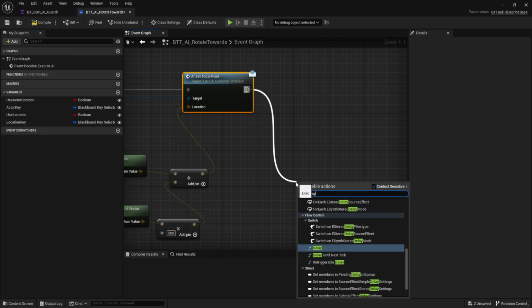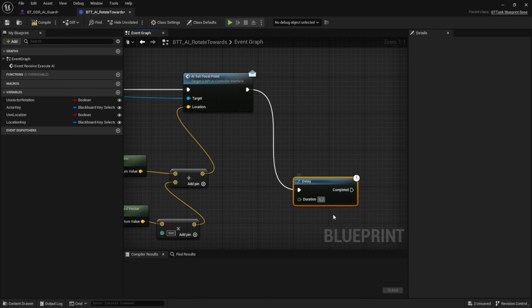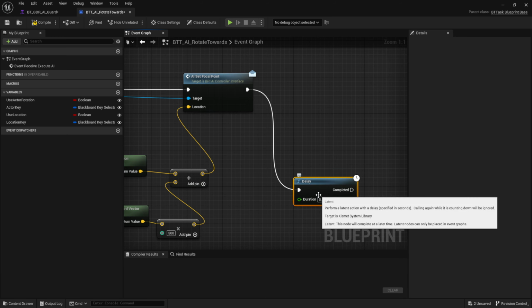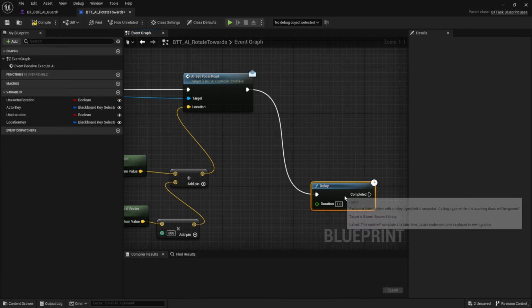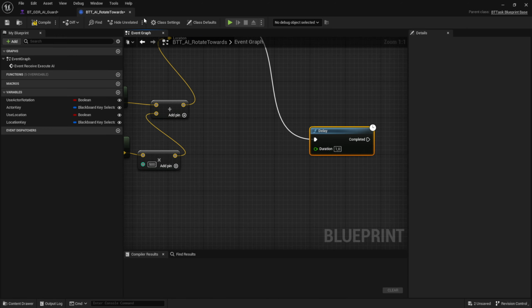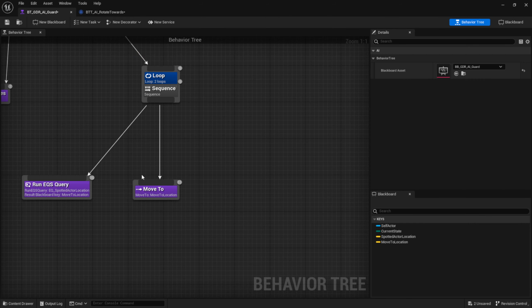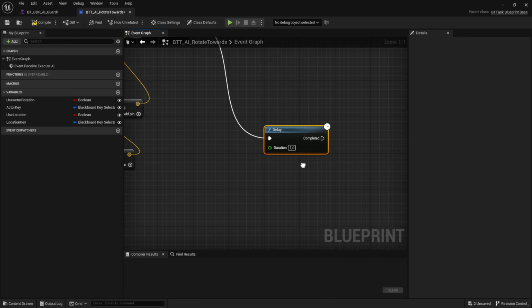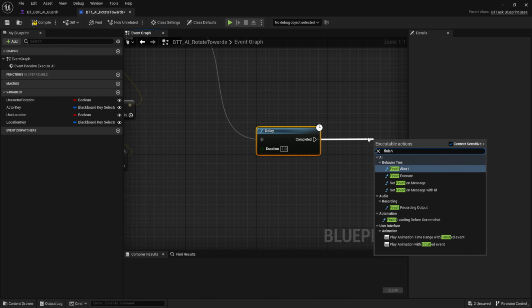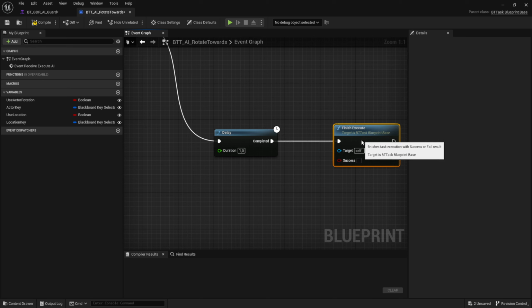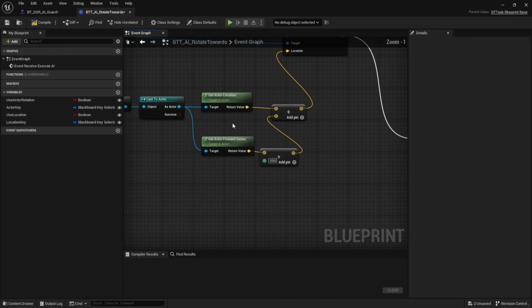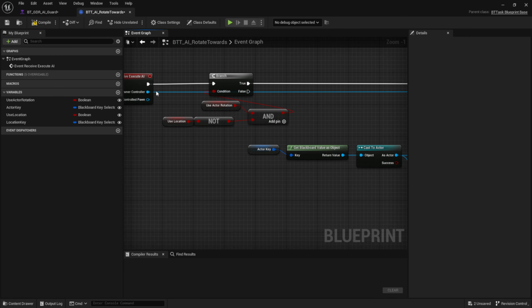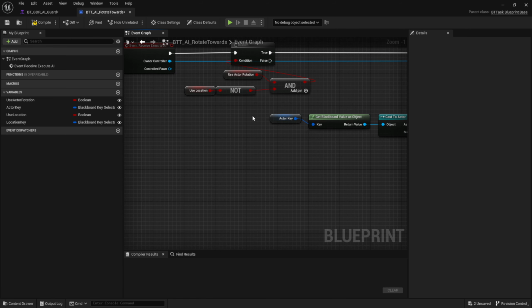But before we do that, we're going to add a delay over here. So we're going to play our turn in place animation to make sure that we rotate towards the correct direction. And because this is a task in our behavior tree, I want this node to wait before it actually continues executing. So we're going to add a little wait for 1 second, and then we're going to call our Finish Execute. And we're simply going to make this successful no matter what. So let's enable success. So this is if we want to use an actor as the rotation reference,